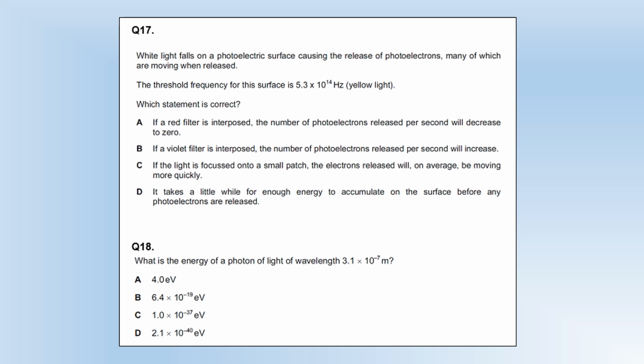If a red filter is interposed, the number of photoelectrons released per second will decrease to 0. So if you have a red filter, that will only let through red light, and red light is not capable of causing an emission, so that seems like it's correct. If a violet filter is interposed, the number of photoelectrons released per second will increase. No, because if you put a violet filter, you'll filter out your yellows, oranges, which could cause emission as well,